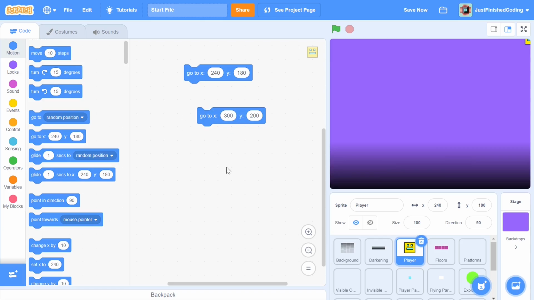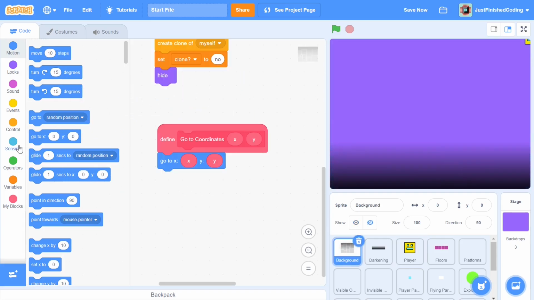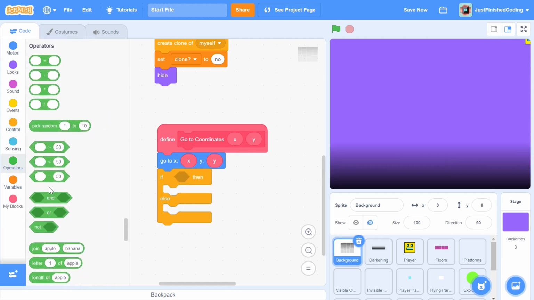So basically what we'll be checking is if the background is on one of these coordinates, but the Scratch editor makes it go to this coordinate, then we'll make sure the background is hidden because we won't want the two backgrounds to overlap. So it's very, very simple. And to do that, we can just grab an if else, okay? So we can say if, and you need to grab an AND operator and put in two equal to's within that.